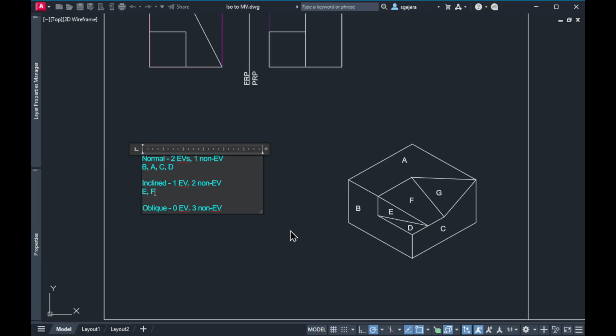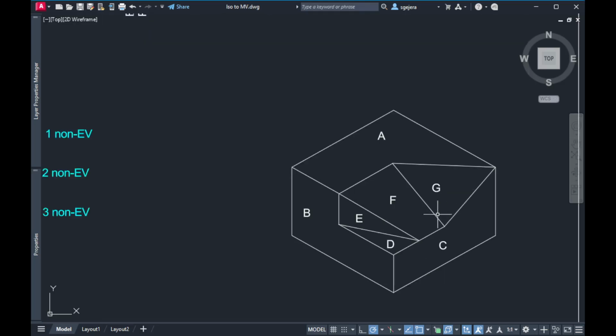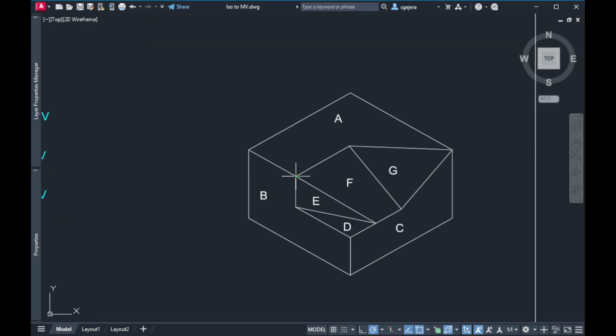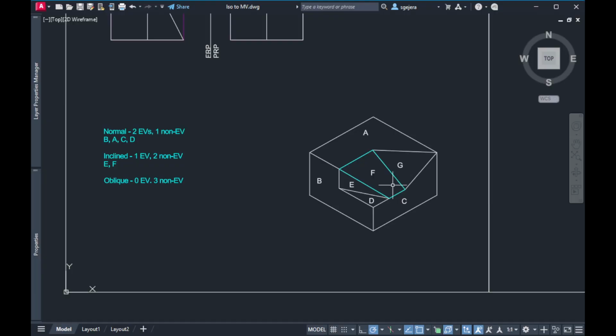Okay? So for now, it may still be a bit confusing. But if you do this long enough, what I imagine in my head is, let's say this is plane F, it's oriented like this. I'm imagining that, if I were to,